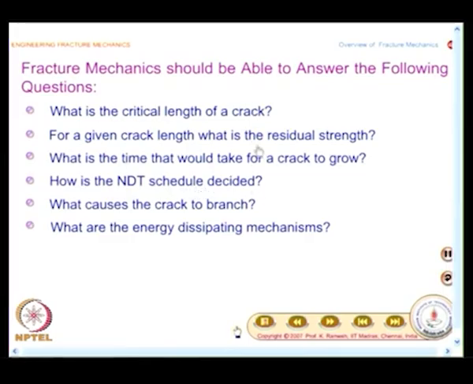For all these 4 questions, you cannot find an answer by performing only a tension test or a fatigue test. You need to have an additional test to find answers for these questions. And the last 2 questions were: what causes the crack to branch? What are the energy dissipating mechanisms? These 2 are very fundamental in nature. When we develop the concepts related to energy release rate, we would be able to appreciate how these questions can